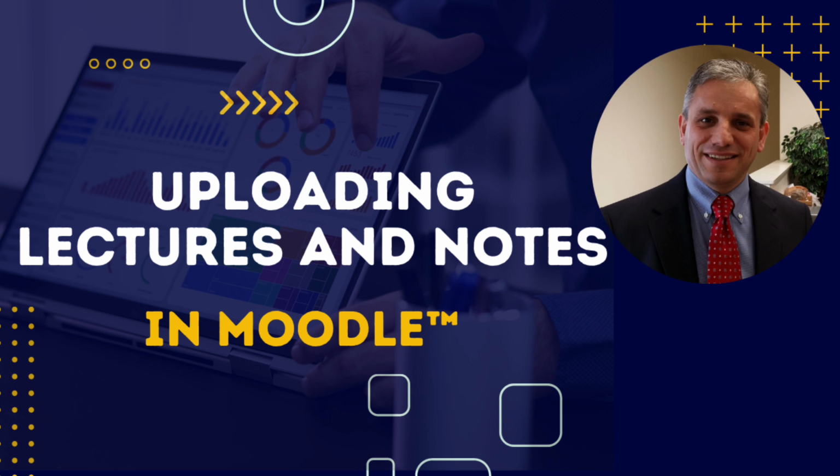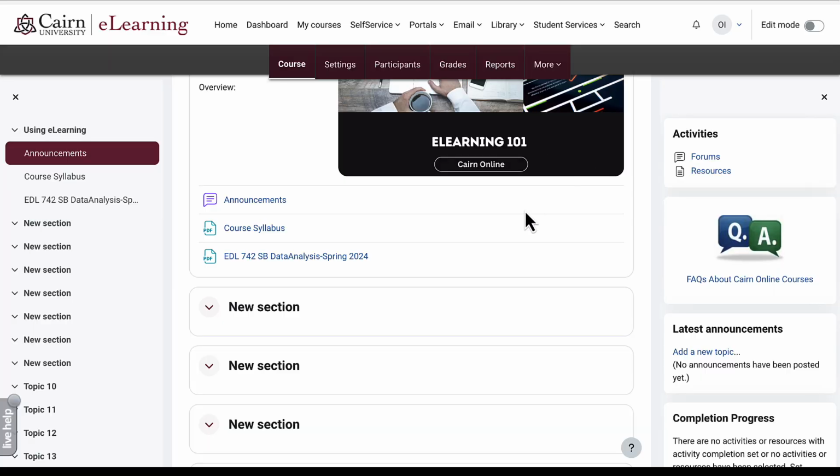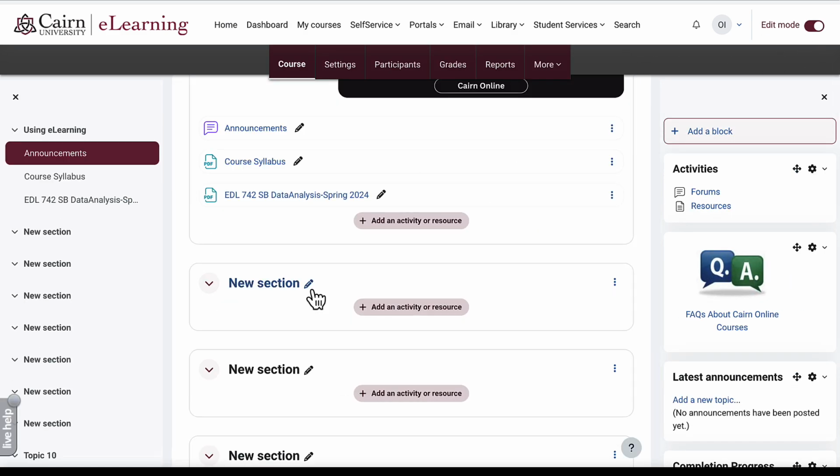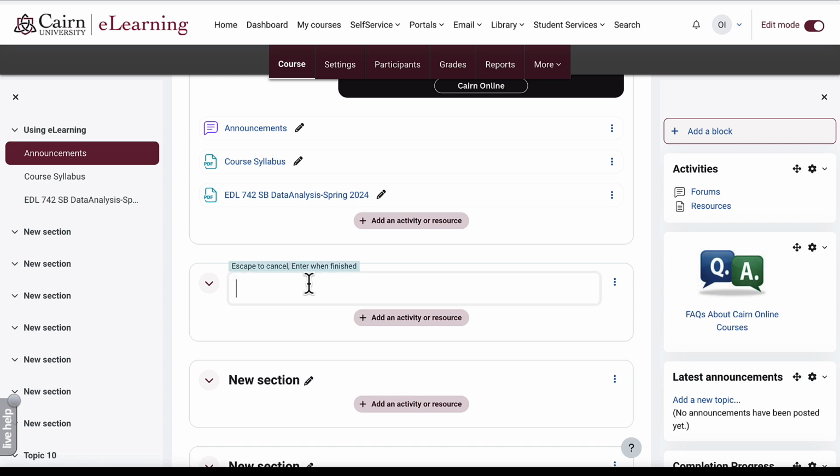Next in the e-learning tutorial, we're going to learn how to add the first lecture for the first week. To make any changes to the course, we need to click Edit Mode on the right-hand side of the course page. Then we go to the section where we want to add an activity. Here where it says new section, we could name this week 1 or unit 1 or whatever you want to